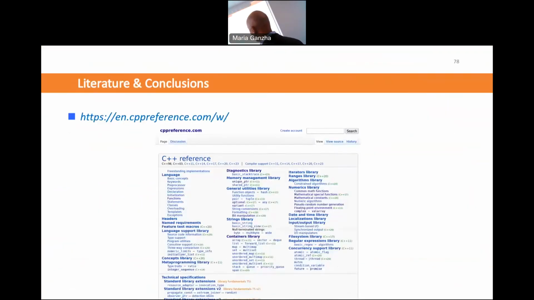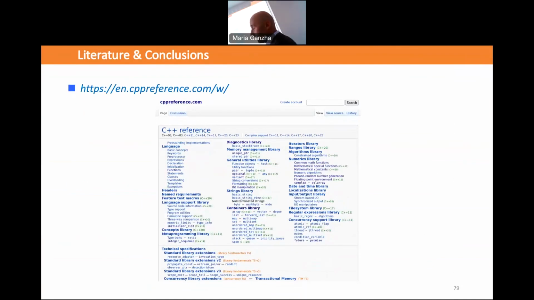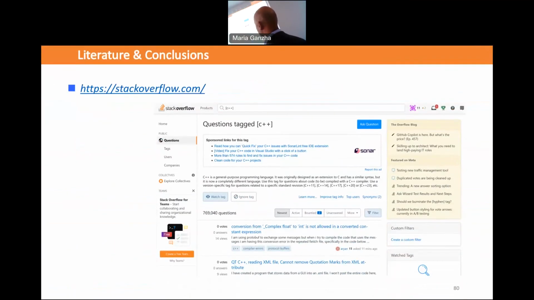And finally, literature. Certainly cppreference, but okay, we know this, we use it, but students probably cannot learn only from this material because it is very dense. So usually they go for Stack Overflow, but first thing we need to make them aware is the date of such a post. Sometimes they use code 12 years old with just bad code, so they need to be aware of this as well.